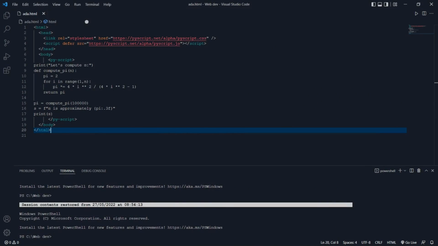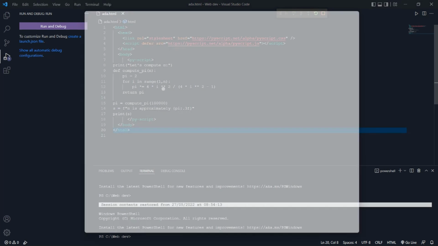This adds a lot of latency to your website, meaning it could bring problems like long loading times to your website. And even the example code given on the PyScript website takes